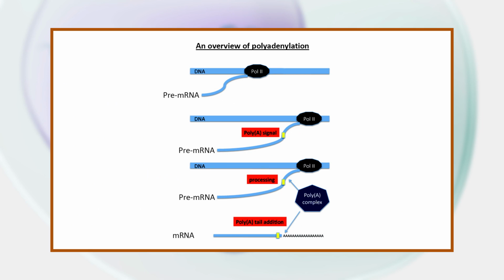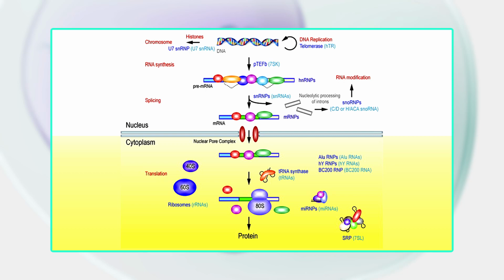Now the tailing. At the 3' end, or tail end, of the heterogeneous nuclear RNA is a polyadenylation sequence, that is, many adenine units are attached. This forms the polyadenylation tail and is about 200 to 300 bases long. The mature mRNA produced after the processing is transported to the cytoplasm for protein synthesis. Post-transcriptional modifications are an important point at which gene expression is regulated. Dear students, this was all about transcription.